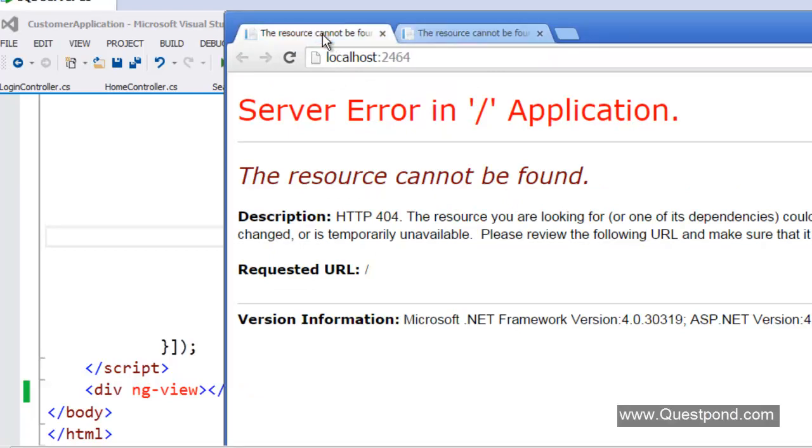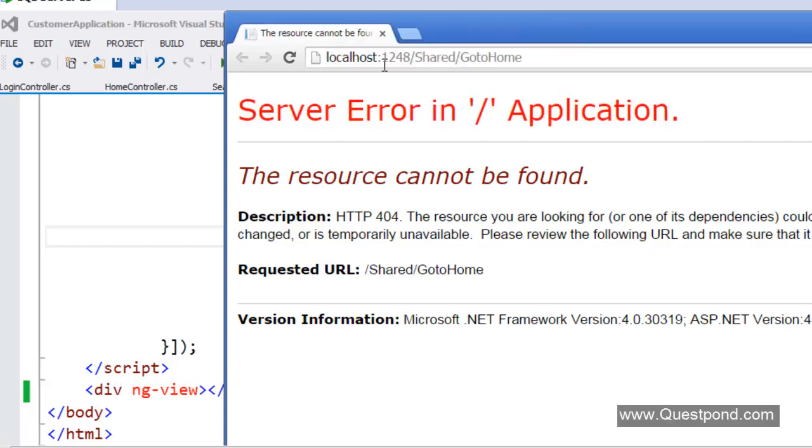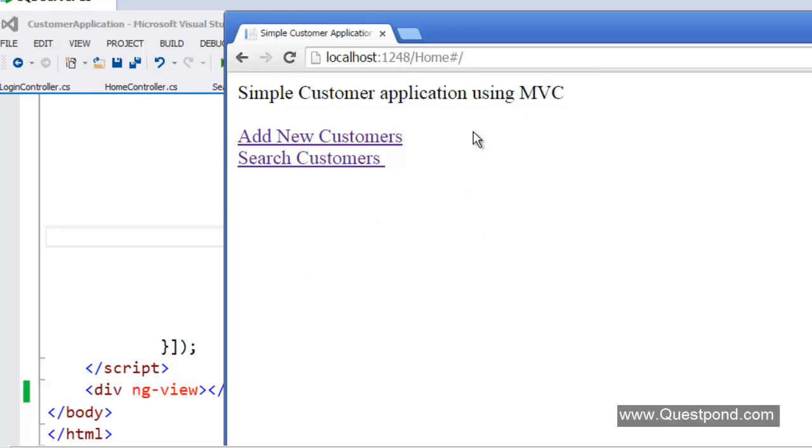Now remember, why do we have two ports? Because this port is for the web API, right? So we'll leave this, and this is where our actual application is running. So I'll say here home. Okay, there it is. Now remember that it did not pop up the login page, because the login information that I have logged in with is stored in my cookies. So that's why it did not give me the login page. But in case my cookies are cleared out, I will get the login page.